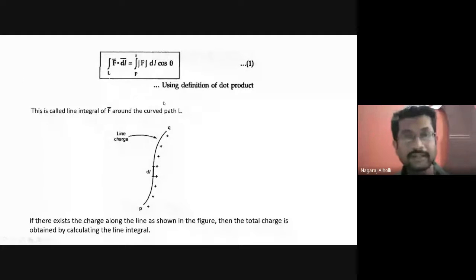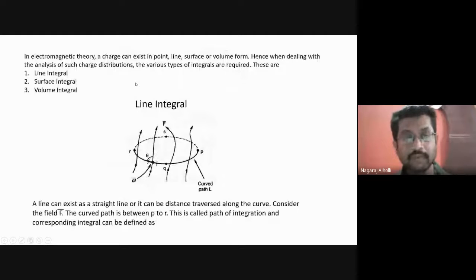What I told in the previous discussion, I will now explain: how we are getting this formula, the line integral of F bar dot dl bar. It is another way of writing the projection of F bar on this dl bar. All these arrows you are seeing are our F bar, is it not? If I project F bar on this dl bar, this is theta. If I take cos theta, what will I get?